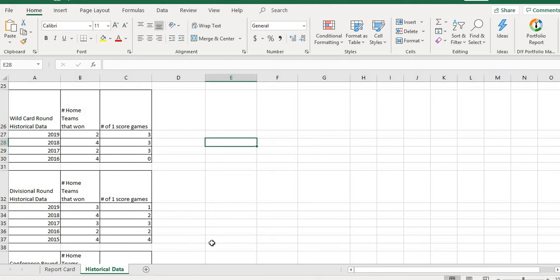But the more important and more concrete number here is the number of one-score games. So over the last 3 years, 2019, 18, and 17, each year we had 3 of the 4 games separated by less than a touchdown. And in 2019, the only game that was separated by more than a touchdown was separated by 8 points. So depending on how you classify touchdown, you could have thrown that one in there as well. But the point of the matter is 75% of the games here are going to be nail biters. They're going to be one touchdown games.